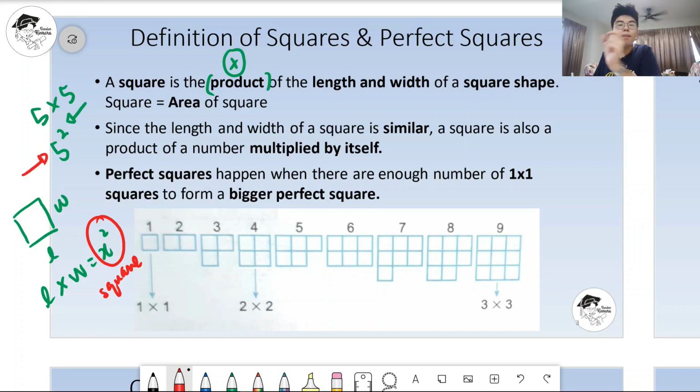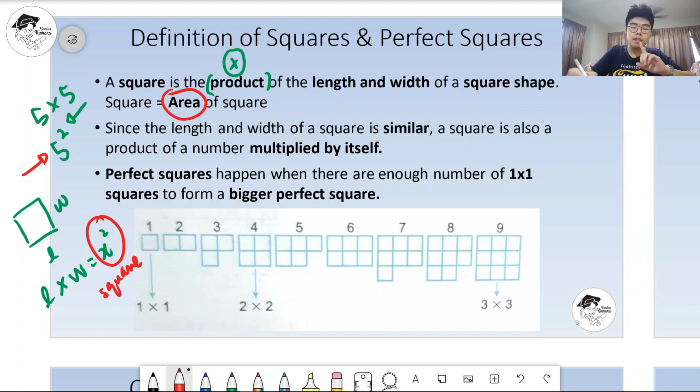So when you take length times width, that is the square of the number. So square maksudnya apa? The area of the square. This is a keyword that they may use to play around with in the K-BAT questions, because we know sometimes they are not very direct, kan? So sometimes cikgu akan main dengan perkataan-perkataan yang lain to make you confused about what you are supposed to do. But if you come across something about area of square, something to do with length, width, or area, maksudnya this is talking about squares.